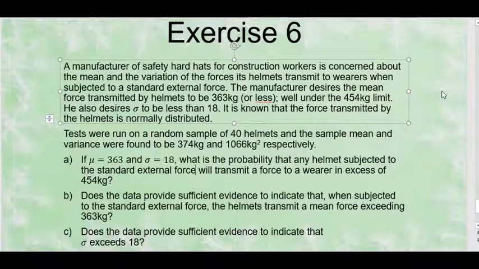Part A. If mu is equal to 363 and sigma is 18, what is the probability that a helmet subjected to the standard external force will transmit a force to a wearer in excess of 454? So it's just a probability related to the normal distribution. In fact, this part is not related to hypothesis testing, but